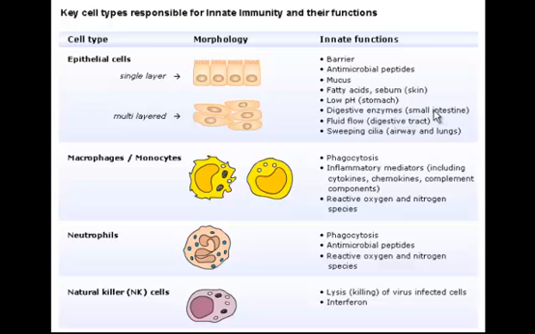You also have fluid flow that's going to sweep materials across an area so that they don't get stuck and have a lot of time to enter into the epithelial layer. So for example, in the digestive tract, there's constant flow that's moving the majority of the components through the system very quickly, so that you get absorption of nutrients from the diet as you have these digestive enzymes working, but any bacteria or larger molecules that would be in here are going to get shunted or moved past this area